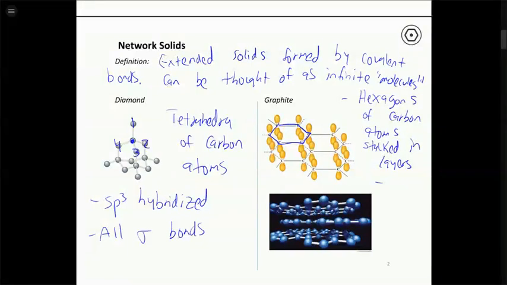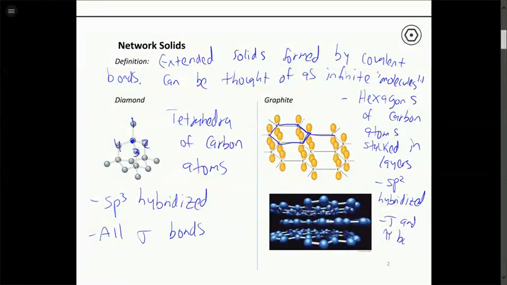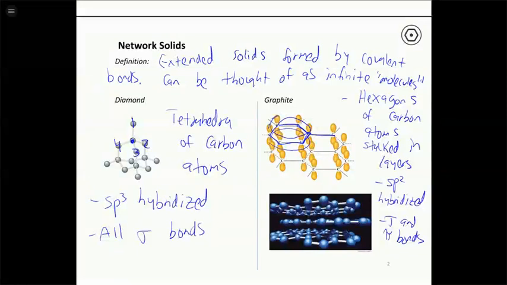And as you'll notice, each carbon only has 3 other carbons bonded to it in this case. So each one is going to be sp2 hybridized instead of sp3. And because it's sp2 hybridized, you have both sigma and pi bonding. And this is another example, like we talked about in the molecular orbital section, of delocalized pi bonding. So each carbon has a perpendicular p orbital that's going to overlap with all of the other ones in the ring to form sort of this delocalized pi interactions above and below the plane. So all the pi electrons are delocalized. They're not localized between pairs of carbons, but they're delocalized over the entire structure.